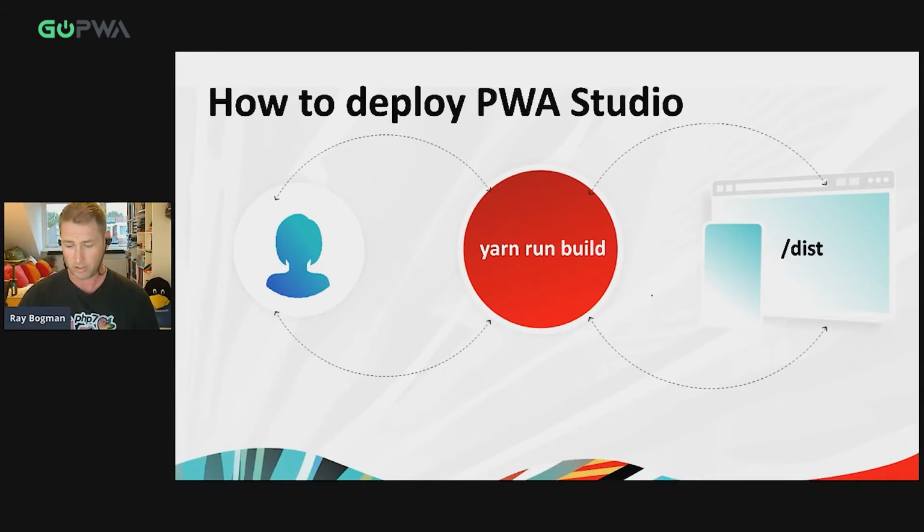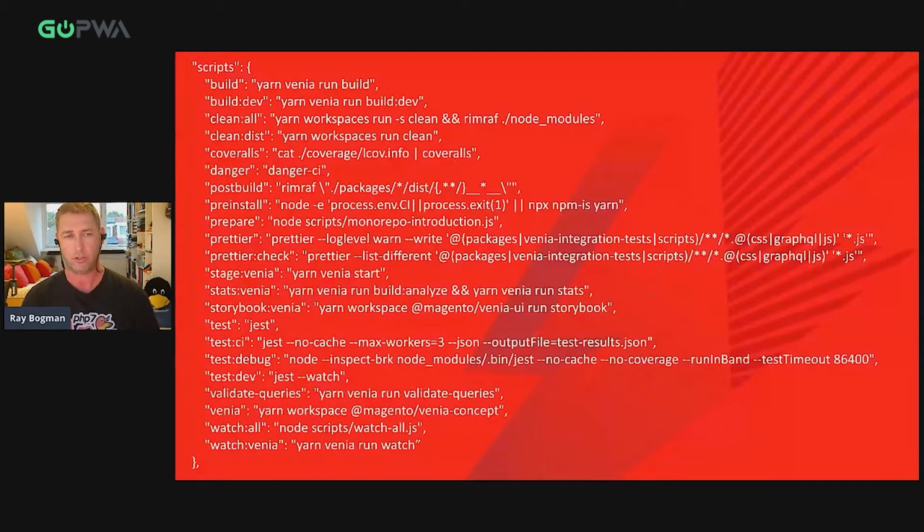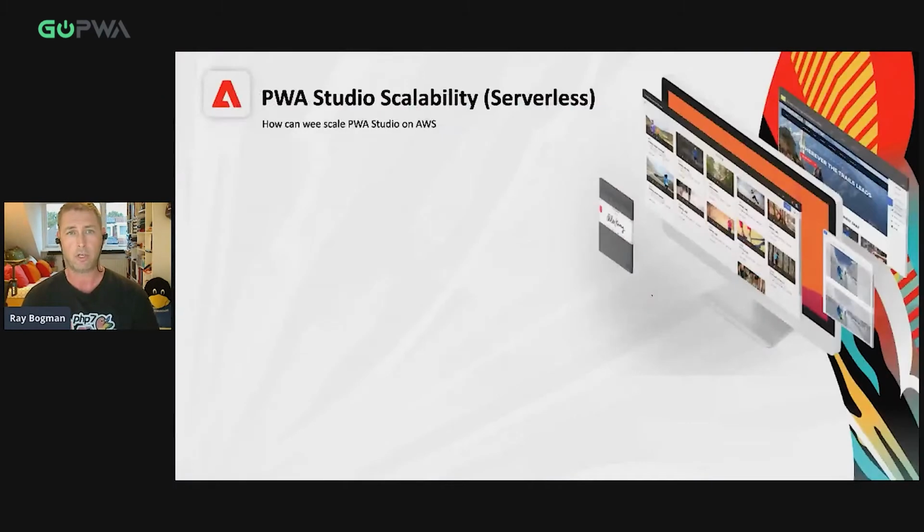The nicest thing is that if we look at PWA Studio and you open the package.json file, you see a whole list of several commands. Some probably will be used often, some a little bit less. What we're trying to do later on is add a new command which can be used to build a serverless command and deploy that automatically through CI/CD on AWS. So let's continue with how we can do that on AWS.